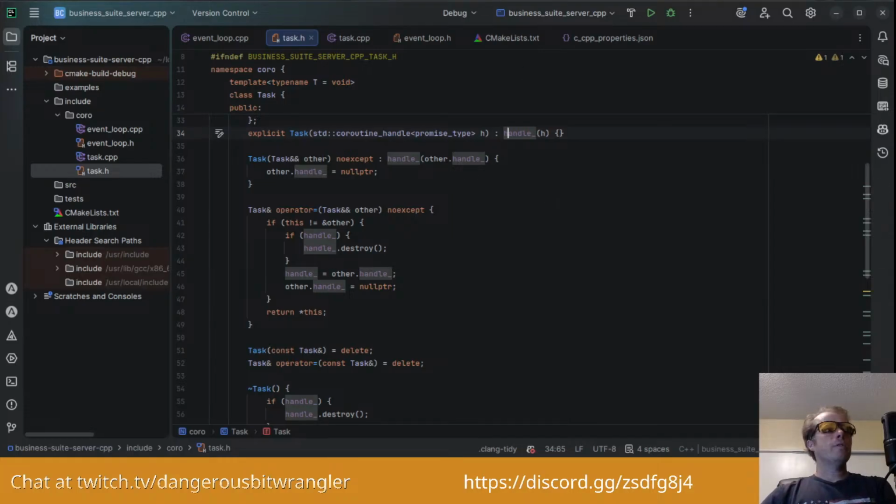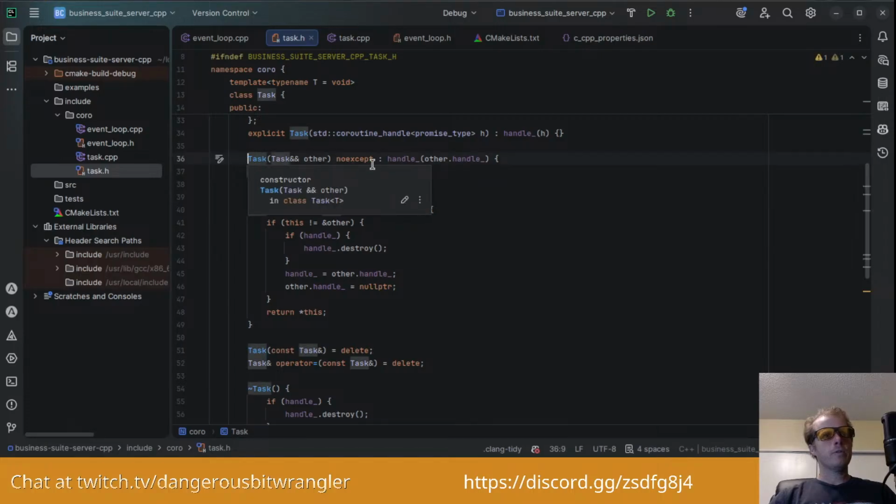Let's see here. All right, cool. Here's another task function. I guess this is another constructor for task.